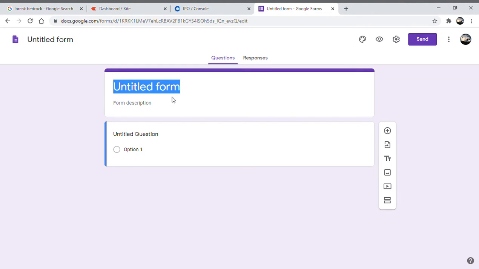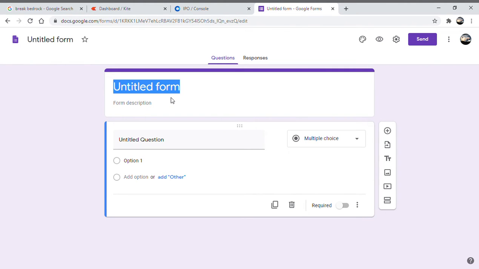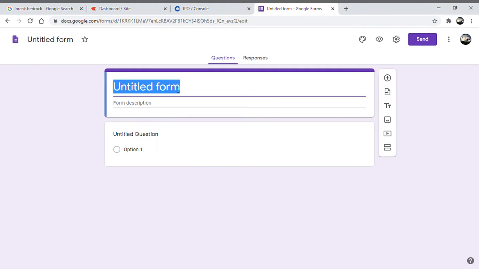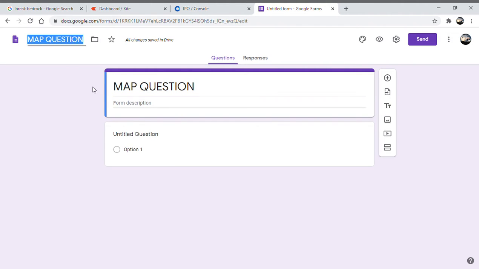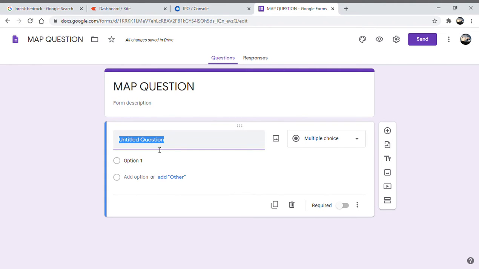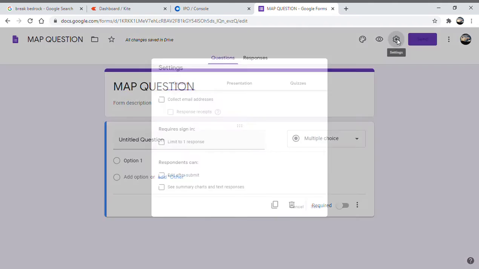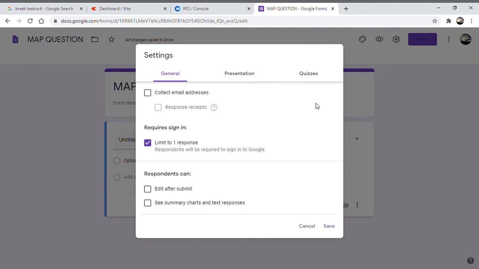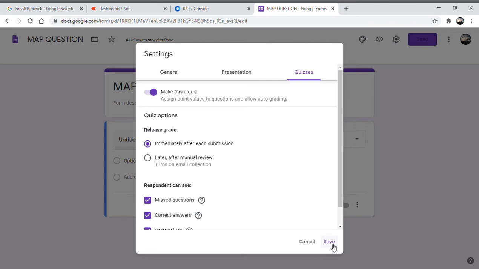Here let me put map question. You can use it in different ways, in whatever way you want it. So I want it for map question. You can give the description as you want it. Then I'll not do all the basic requirements. I'll just do the setting work, limit to one response, quizzes, and I'll turn it on for quizzes